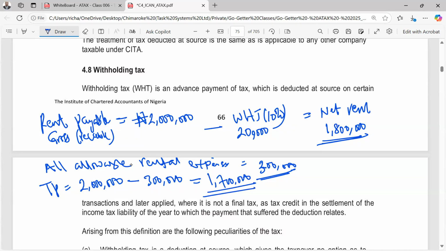So this 1.7 million is your total profit. Now look for 30% of it. How much would that be? So let's say 1.7 million times